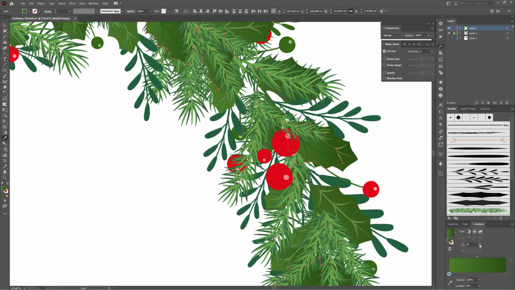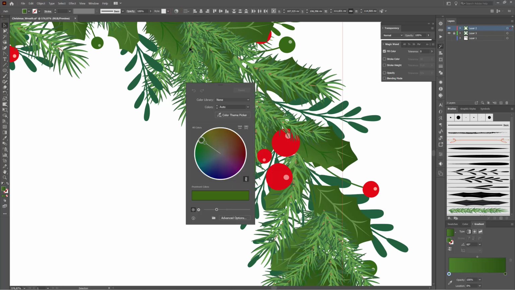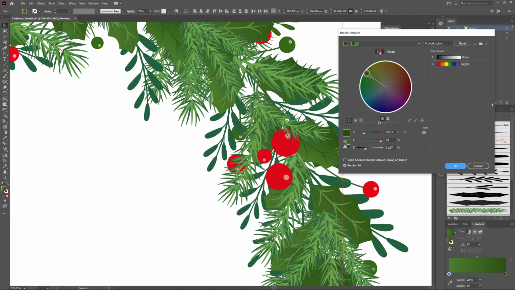Now change the angle to 60 and change the color, and this time I do that with a recolor artwork. Go to the toolbar on top and I use the advanced options, edit, so okay,